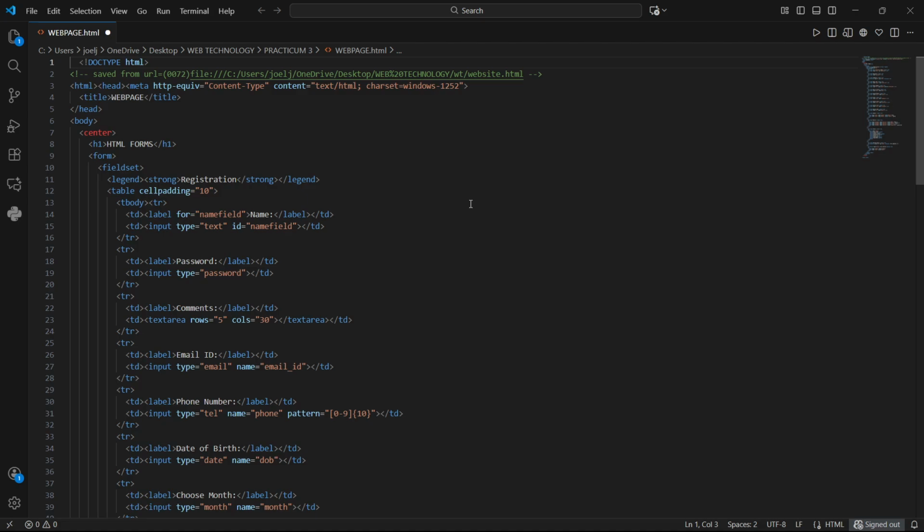I created a page using HTML documents. First, starting with doctype HTML. This tag is to say this code belongs to HTML5 standard. And let's start with the HTML tag, and I used the head tag for